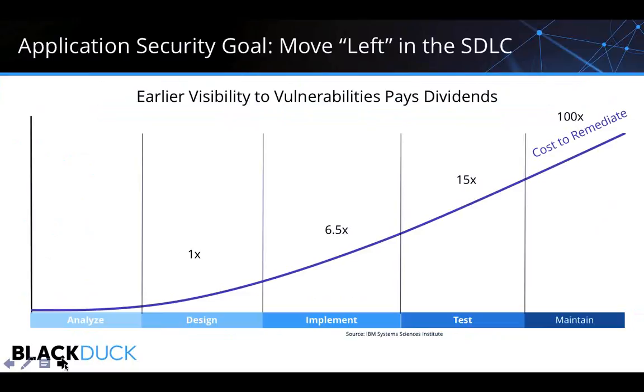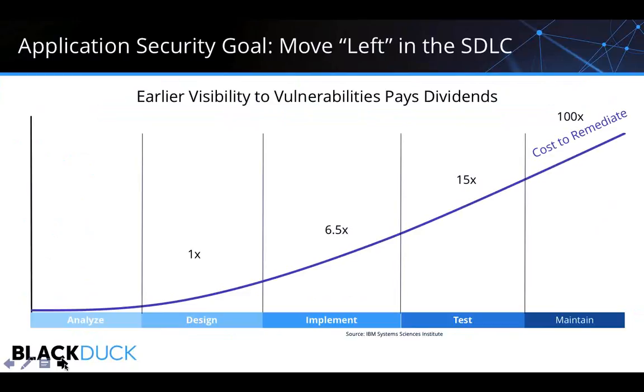What we're going to talk about today is some of the tools available, and we're going to do this keeping in mind a big goal for a lot of organizations, which is to move left. This chart represents more of a waterfall, but an SDLC where you've got analyze, design, implement, test, and maintain sections of that. And as everyone on this call I'm sure knows, there are various security activities that you can conduct during each of those sections,